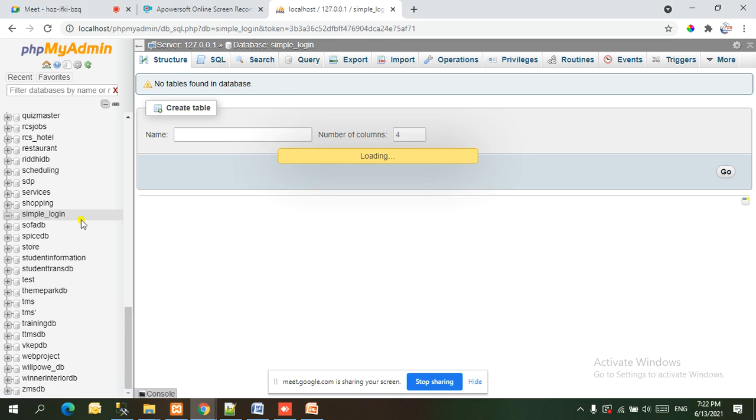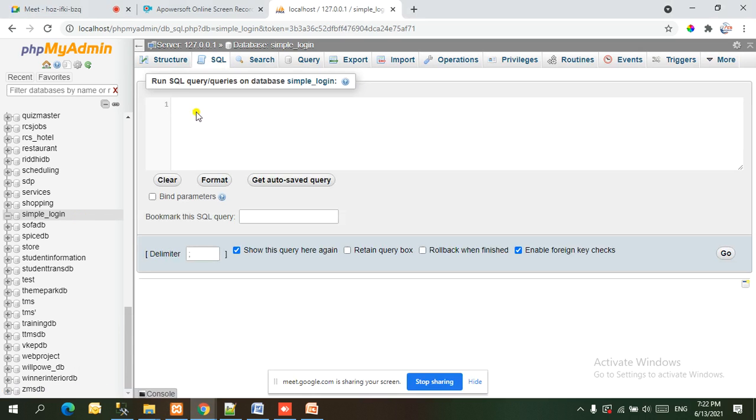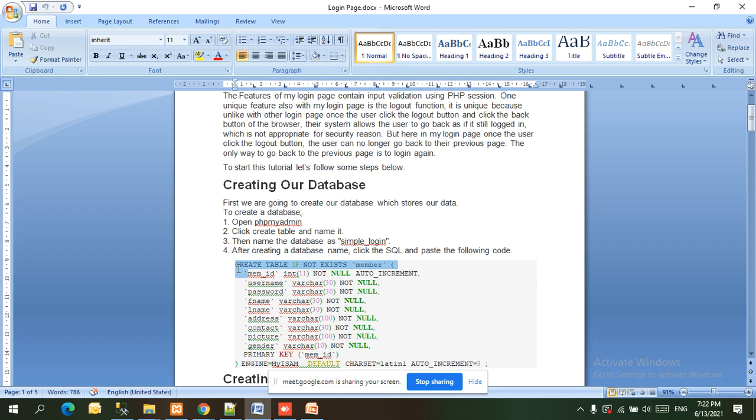So already we have selected simple login, and I am going to click on the SQL. I am going to copy the script from here. And what is this script?